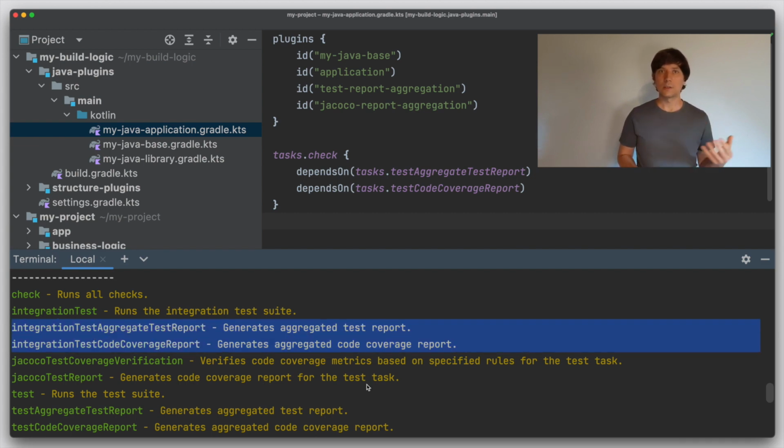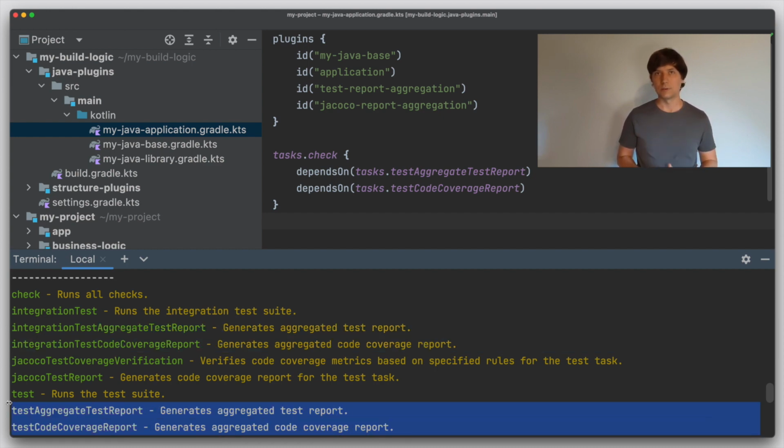So the integration test reporting, both normal test reports and code coverage, is completely separated from the test reporting, which is about the tests in the test source set only.